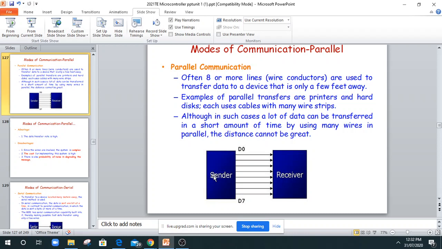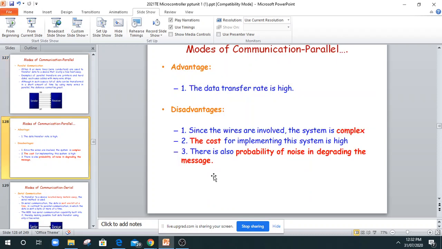But the problem with parallel communication is, in parallel communication speed is maximum because at a time many bits are moving. All of you agree with that. But the drawback of parallel communication is that many wires are connected between the two devices. Means 64 wires, 32 wires, 16 wires, 8 wires between the two devices. Means cost is more, because that many wires you are physically connecting between the two devices. Cost is more, complexity is more.